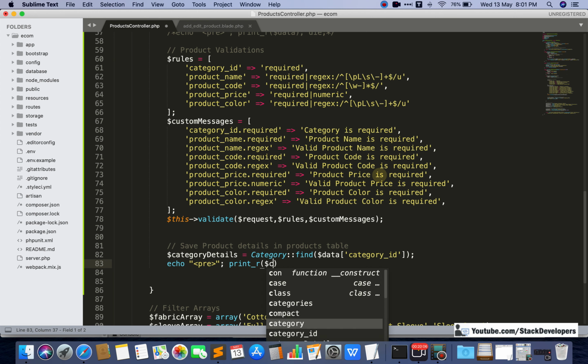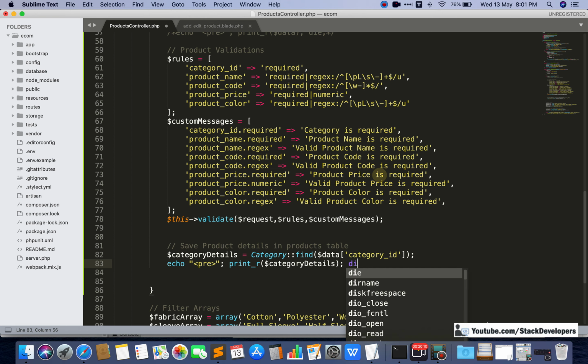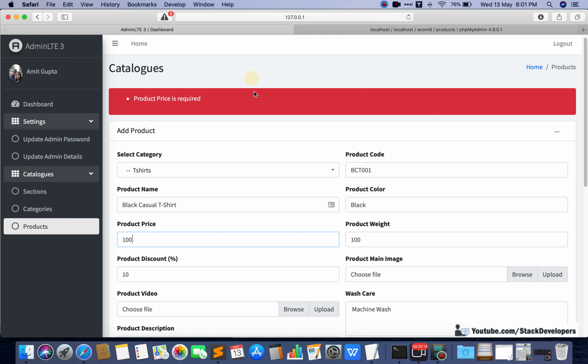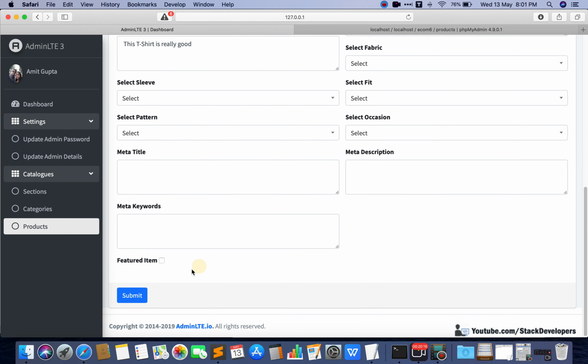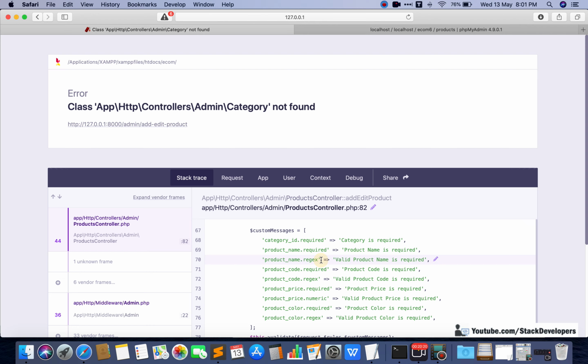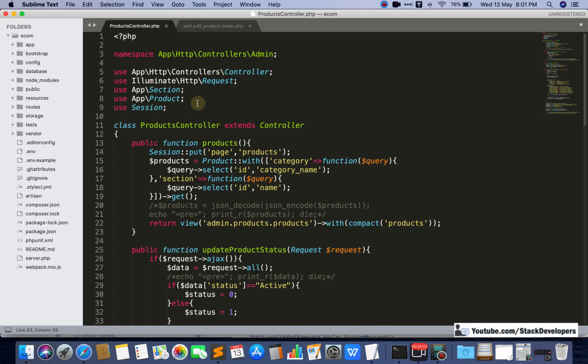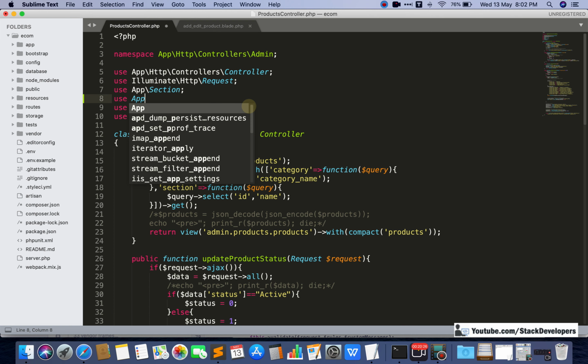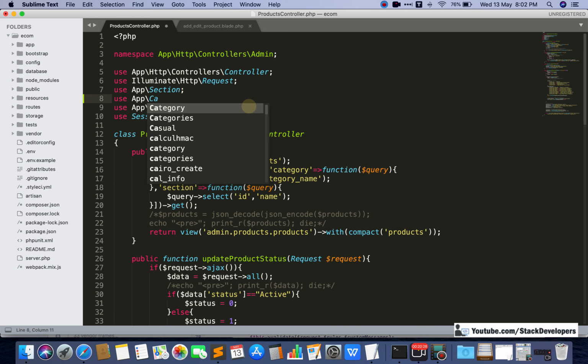I am going to test with the help of the category ID. See here, if I submit this data, you can check. Okay, the category is not added, so we are going to add the category as well.